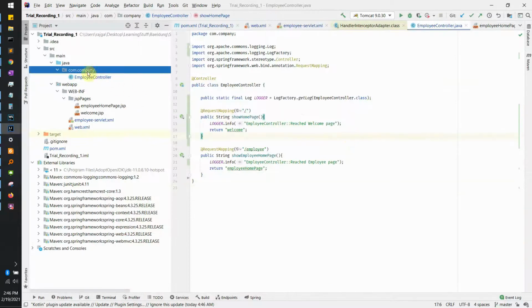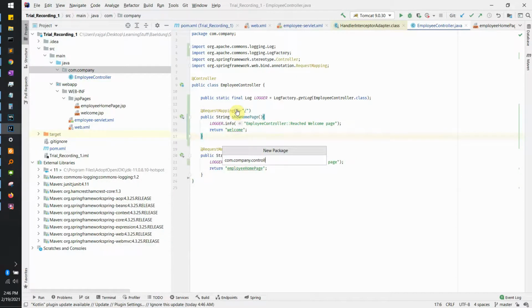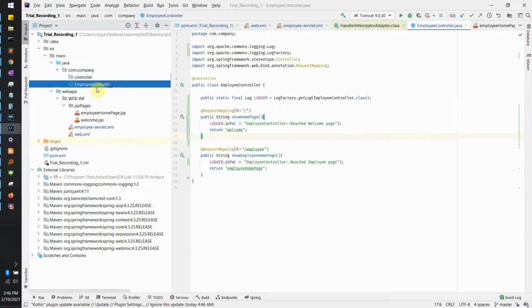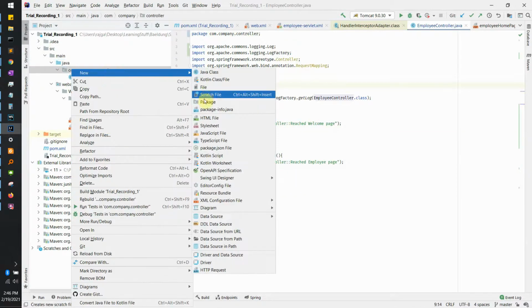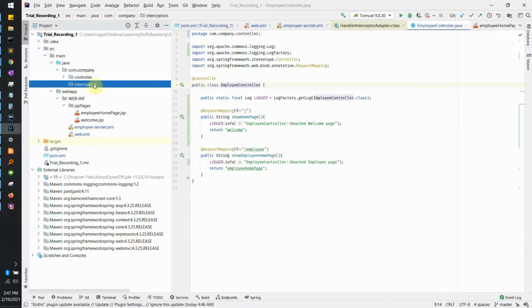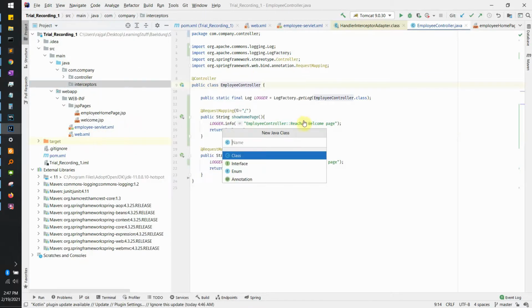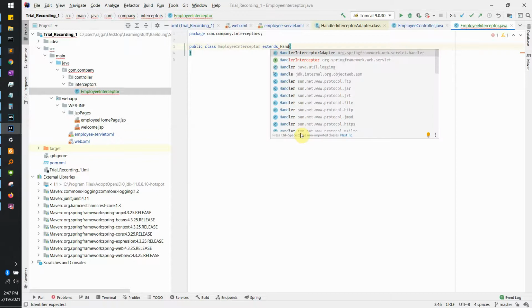Let's start setting up our code. First, let us move this to a new controller class, in a controller package. Then we are going to add a new package in which we are going to store our interceptors. And let's have a new interceptor over here, which we are going to call EmployeeInterceptor. The first step is that we would be extending the HandlerInterceptorAdapter,